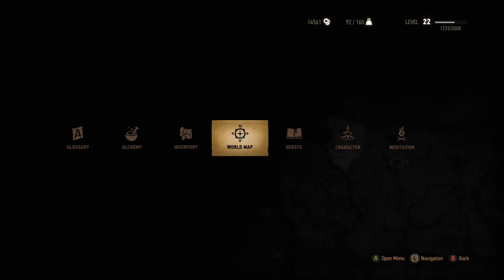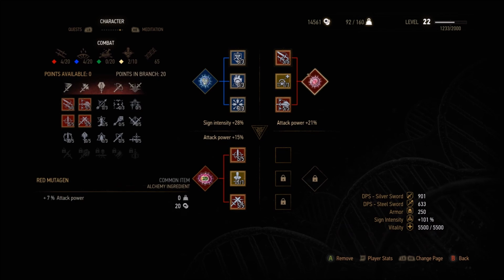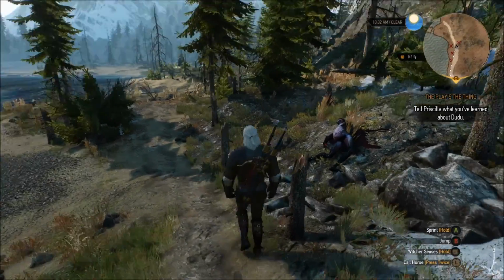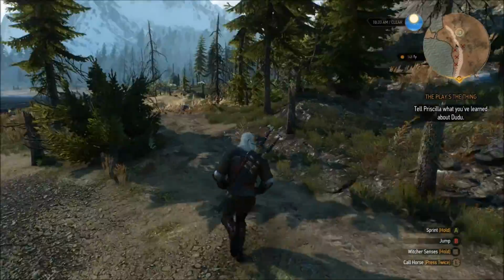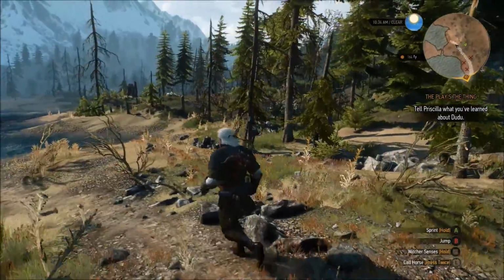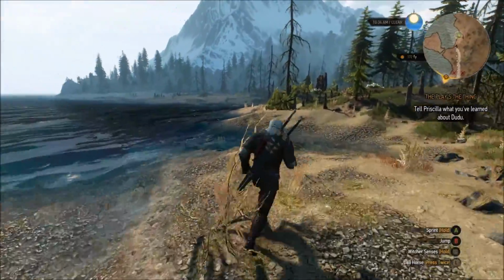thing that I use over here on my character. This little passive bonus right here for Griffin School techniques: each piece of medium armor increases your sign intensity. So this is just a medium armor build based around heavy and light attacks with a little Quen added in